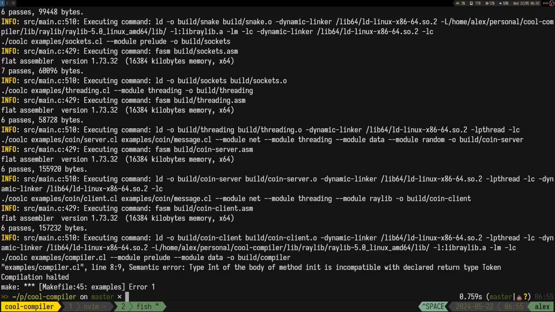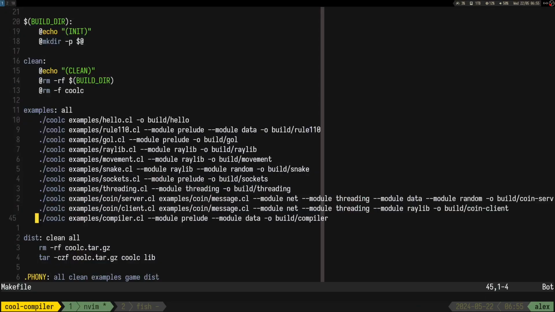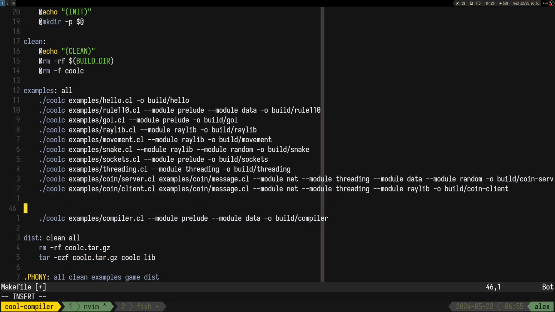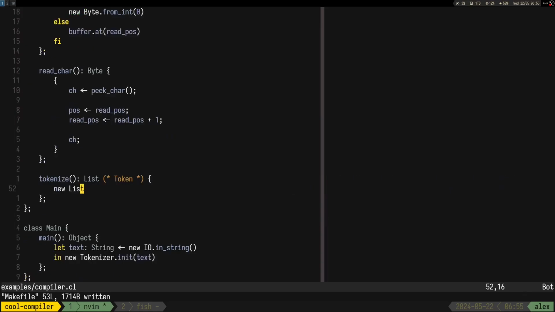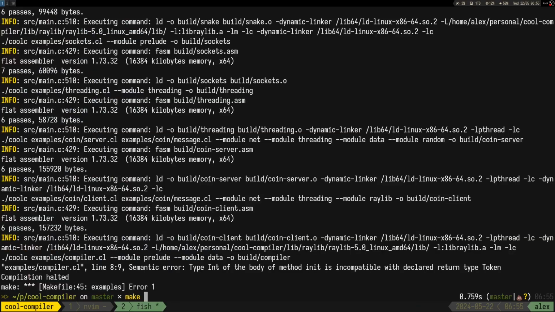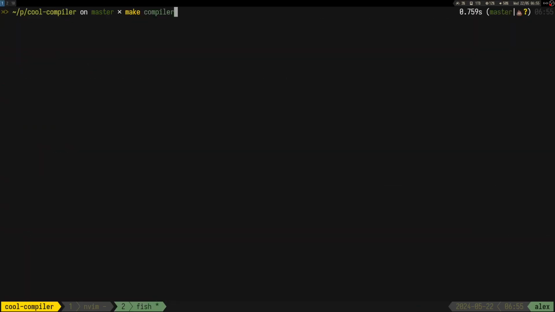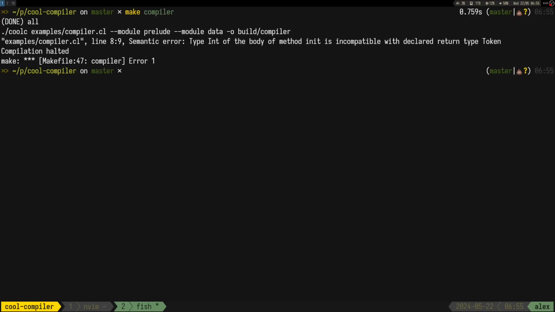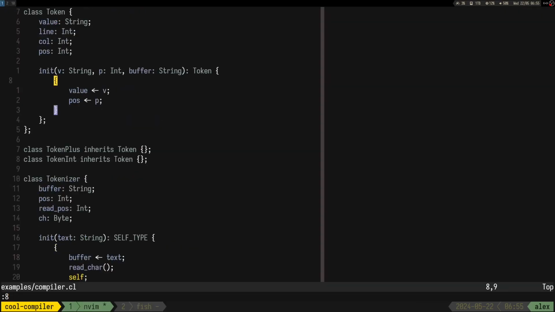Yeah, I think I want to go into the makefile actually. I think I want to have it as a separate thing, make compile. So line 8, right?